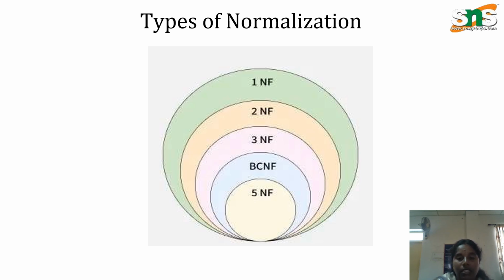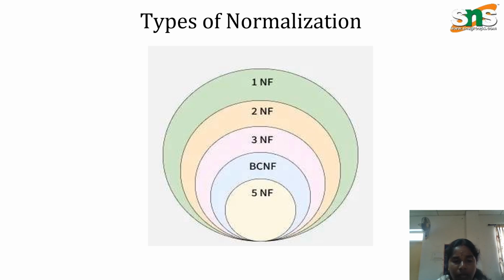The next one is BCNF, Boyce-Codd normal form. It is a stricter version of the third normal form, wherein for every non-trivial functional dependency, that means X determines Y, X must be a super key, a unique identifier for a record in the table. For the example,